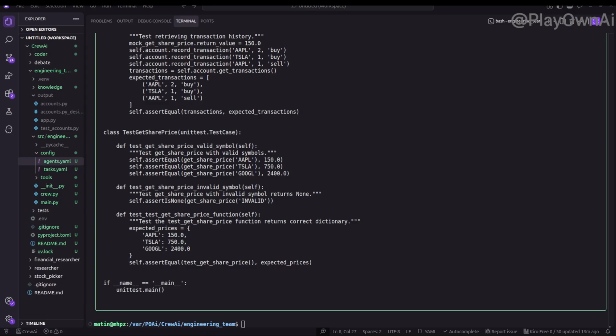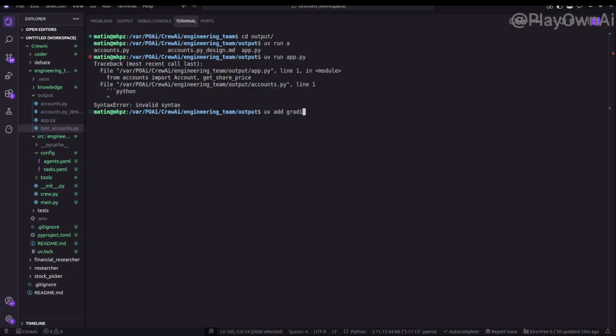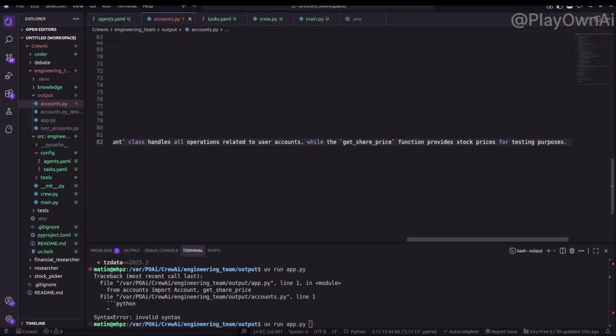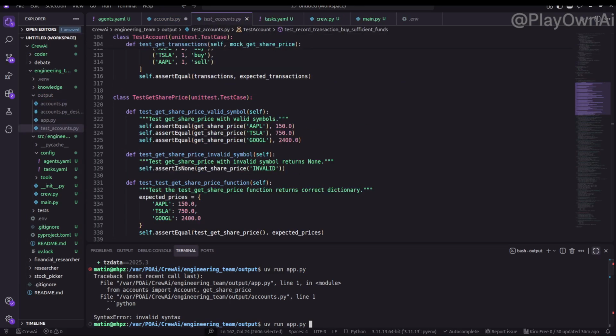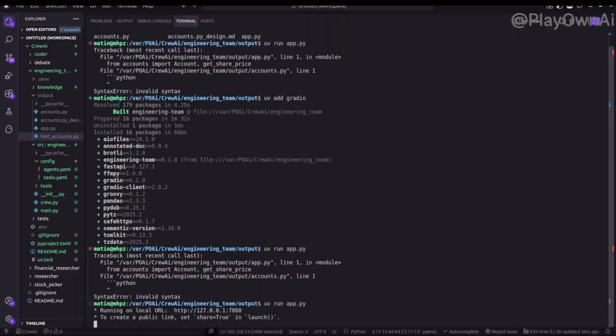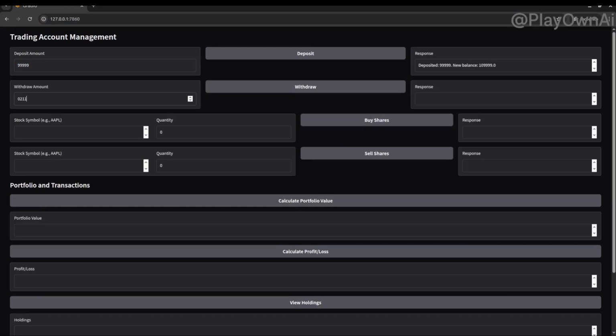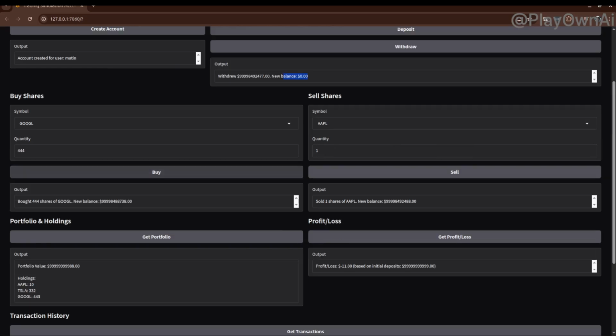After the run completes, we move into the output directory. This folder contains everything generated by our AI engineering team. Now we install Gradio, which powers the lightweight front-end interface. Finally, we launch the application using uv run app.py. This starts a simple web UI that lets us interact with the back-end system we just generated, without writing any additional code. And just like that, we've gone from plain text requirements to a fully working application, built by